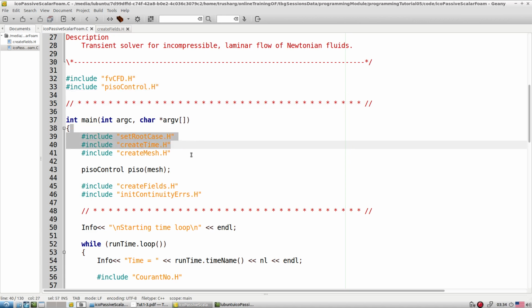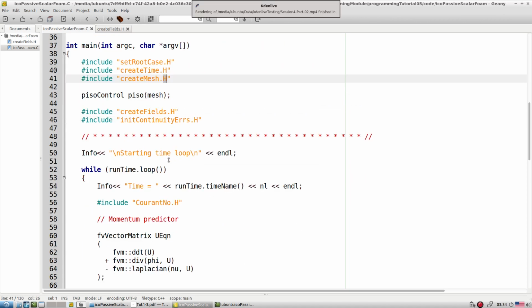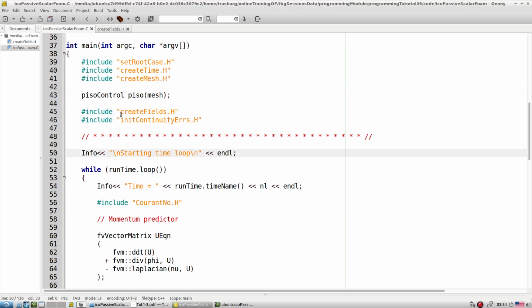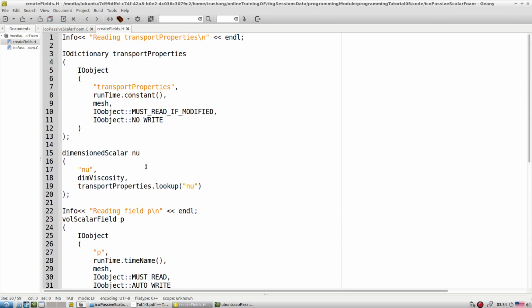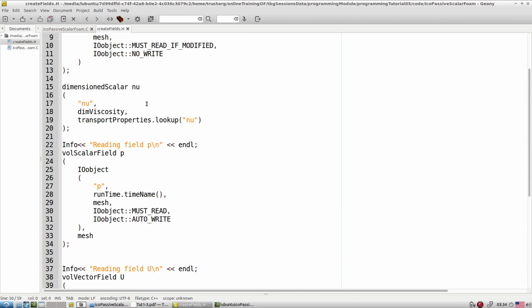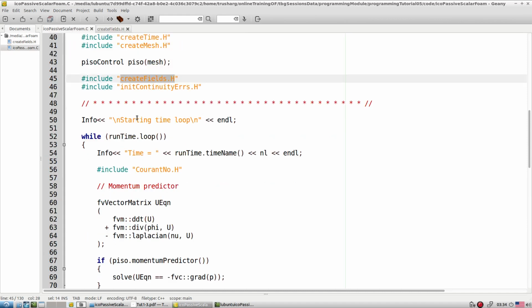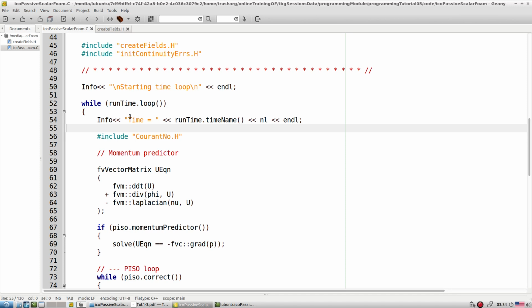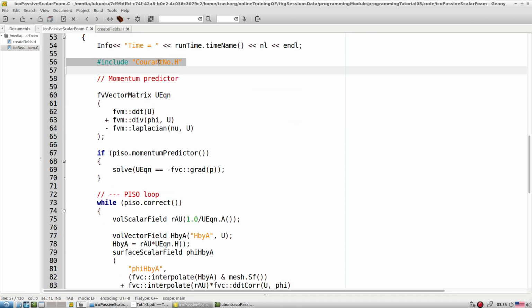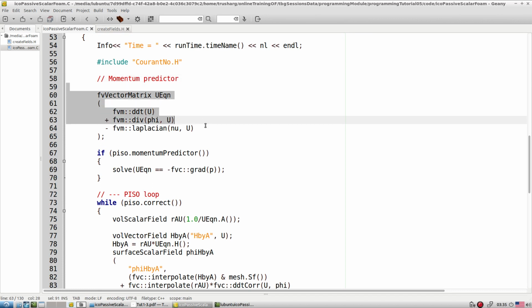And then createTime, createMesh. Then createFields.H, which gives you the idea about the different classes of variables that are going to be used inside your solver. Then we say start time, and we run till our iteration or number of time steps is reached, and we print the time information, the current time. Then comes the momentum predictor step.